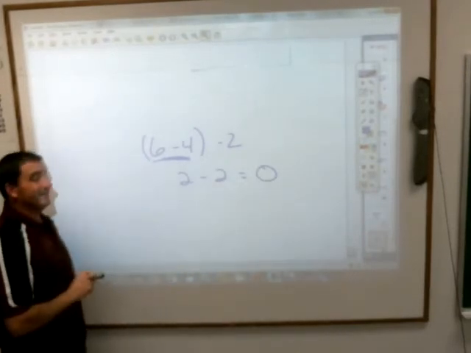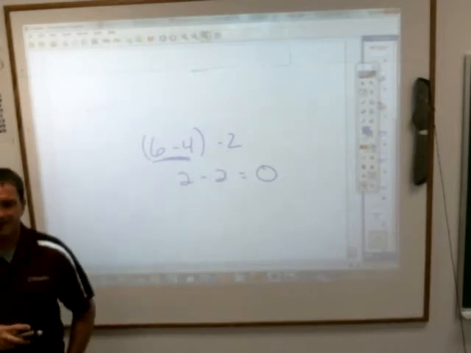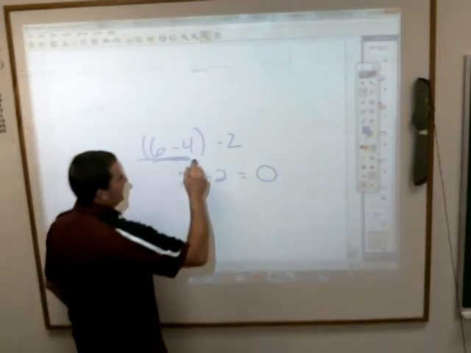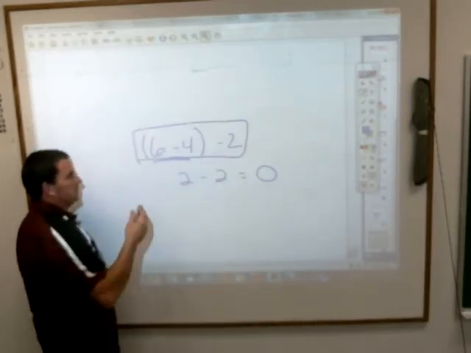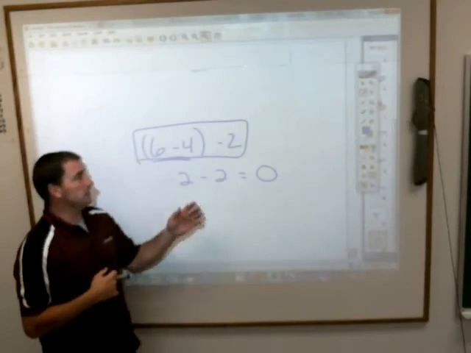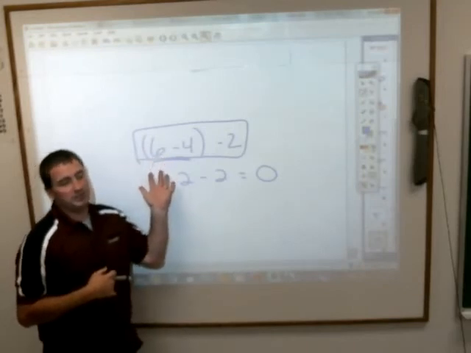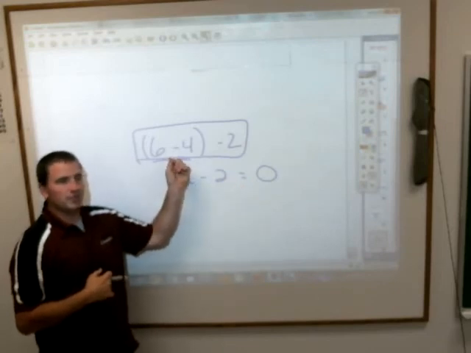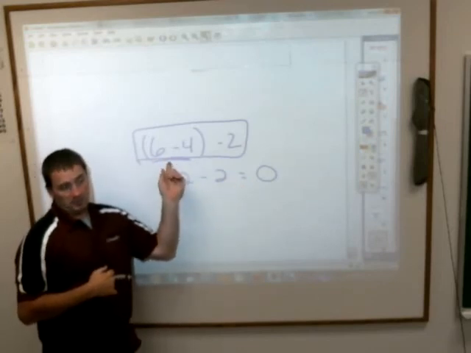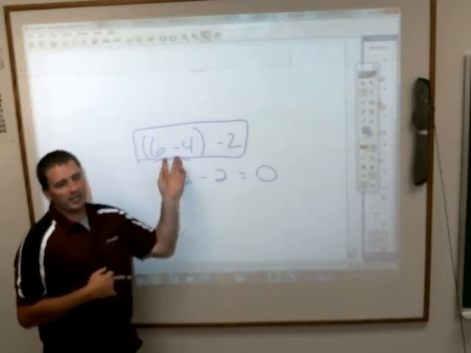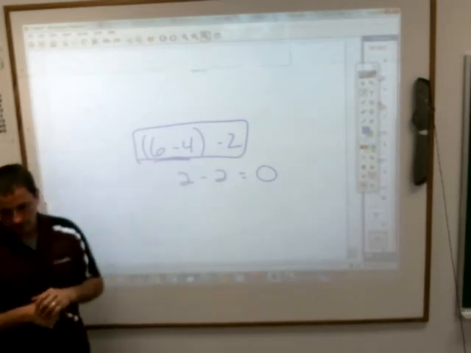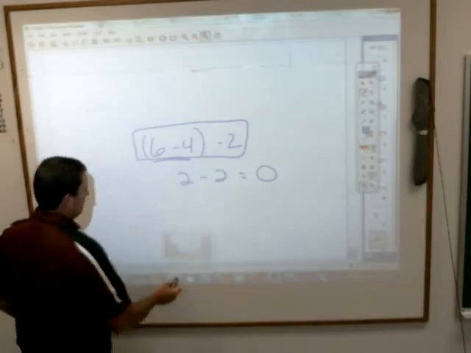So when you see a problem like this on your paper, boys and girls, guess what I need for you to do, Sammy Bollinger? Yep. You need to write the problem out just like it is in the book first, and then do it. I don't want you skipping the steps and saying, oh, I know that 6 minus 4 is 2, so I'm just going to write 2 minus 2 down. Okay, I need you writing. It'll take you, if you'd like to time me again, you can, all of 2 seconds to write down that part of the problem and then do the work from there. Are you good with that? I know you want to